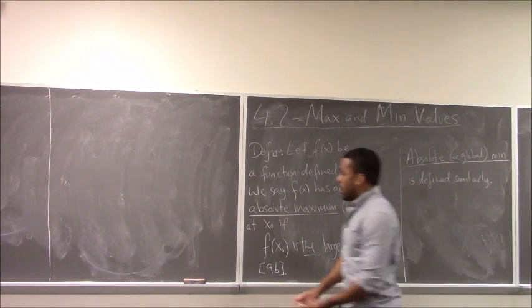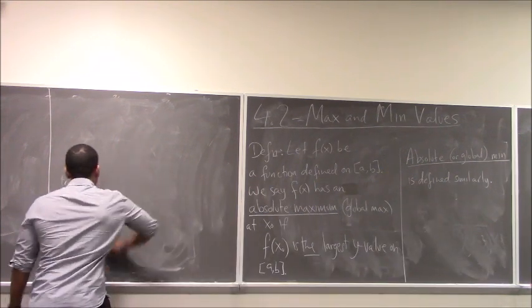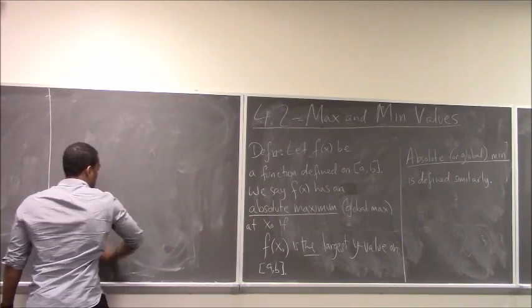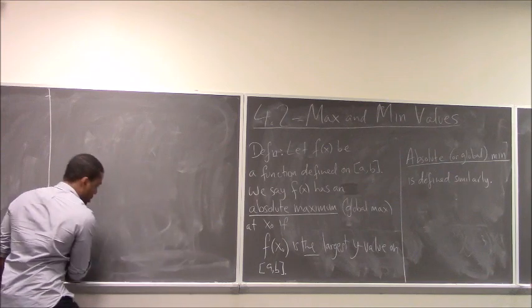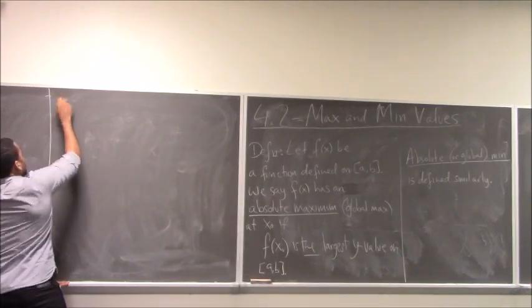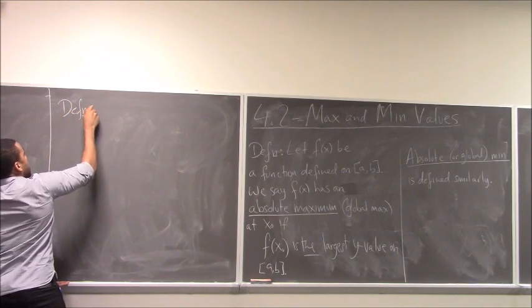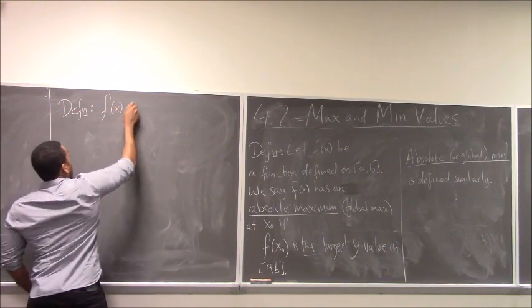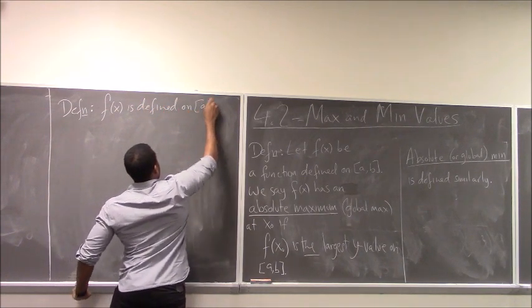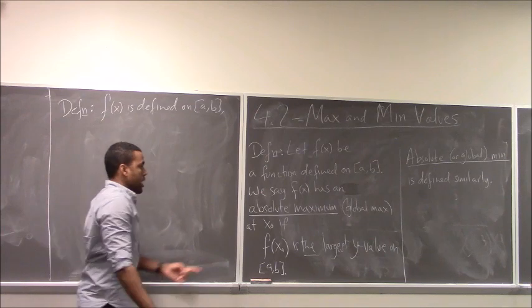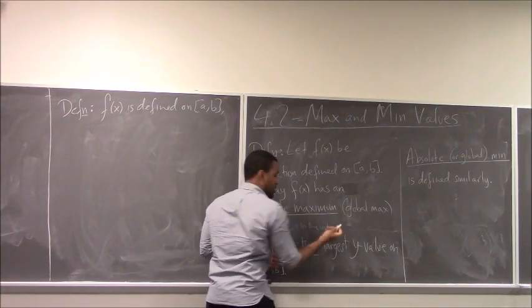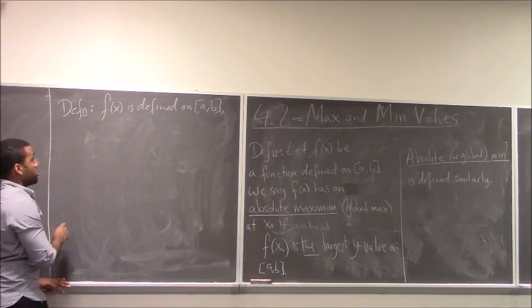Okay? By contrast, we have something that's called local maximums and minimums. And that's more like when you're zooming in. It's the maximum in its region. So again, f of x is defined on AB. And of course your x naught here is in the interval. Just that should be clear. If it's defined on AB,